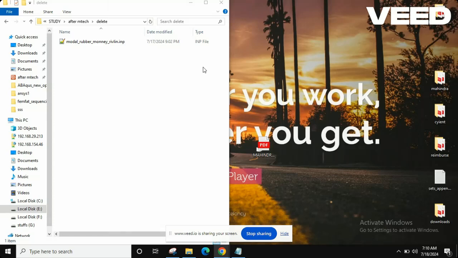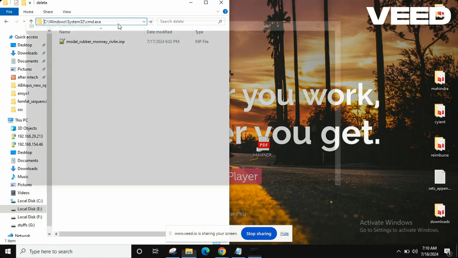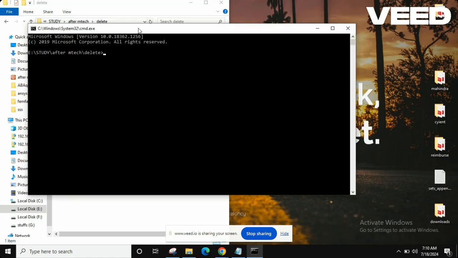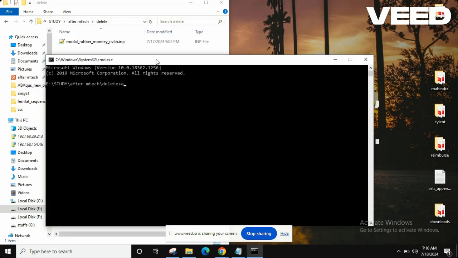We will see how to convert your deck from Abaqus to Nastran and Nastran to Abaqus using Abaqus CAE. Firstly, if this is the path and this contains the Abaqus deck, I will simply write CMD and my command window pops up, and I need to write abaqus to nastran